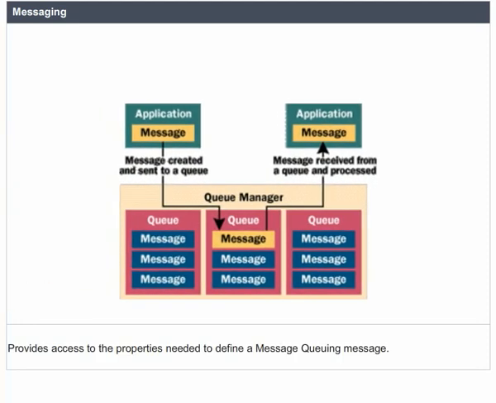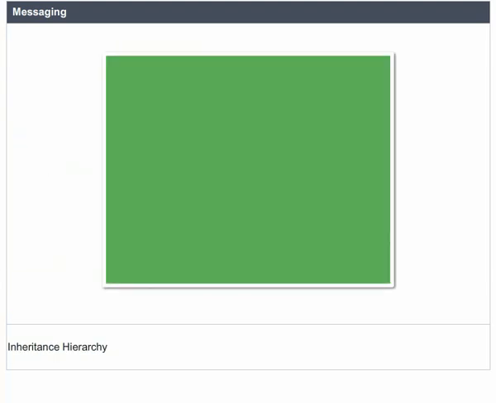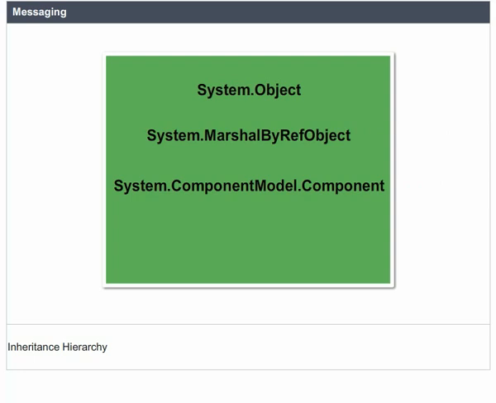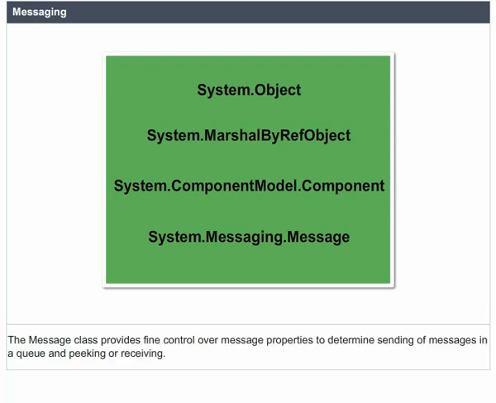Messaging provides access to the properties needed to define a message queuing message. Inheritance hierarchy: System.Object, System.MarshalByRefObject, System.ComponentModel.Component, System.Messaging.Message. The Message class provides fine control over message properties to determine sending of messages in a queue and peeking